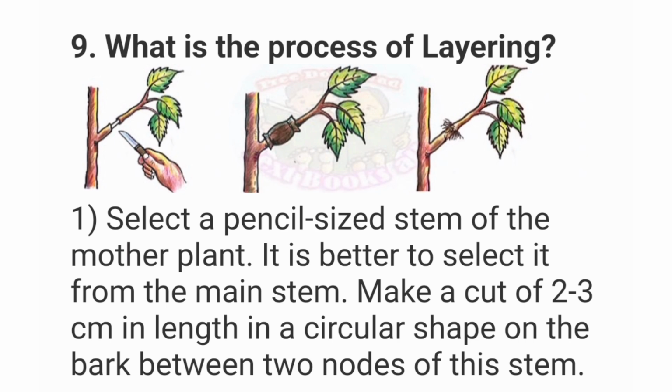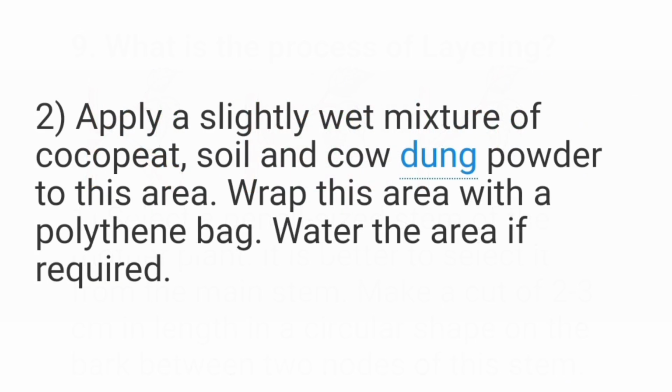Stage 1. Select the pencil size stem of the mother plant. It is better to select it from the main stem. Make a cut of 2 to 3 cm length in a circular shape on the bark between two nodes of the stem. Second stage. Apply a slightly wet mixture of cocoa peat,